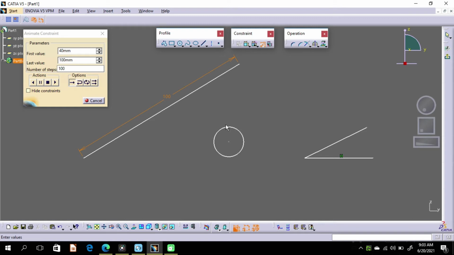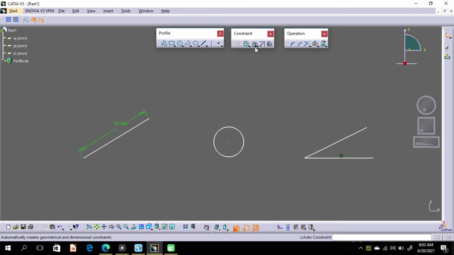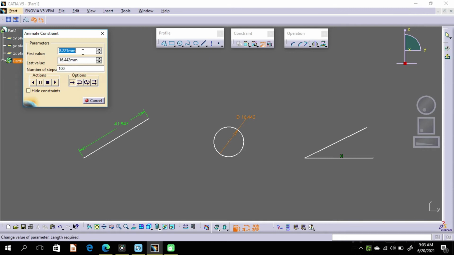Like the dimension of this circle, exit the tool, give a diameter to this circle, and again set this diameter value from 5 to 20, and play the animation.